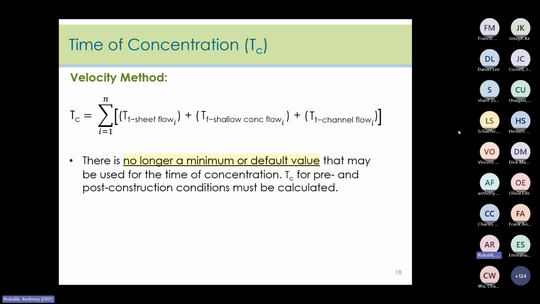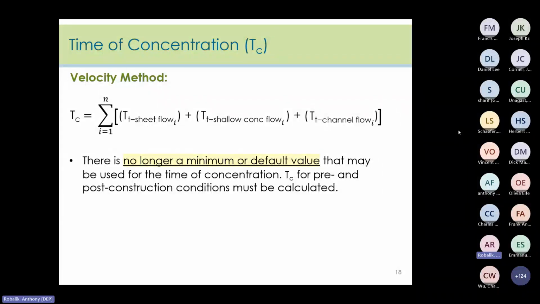So you can have more than one occurrence of sheet flow, for example, because maybe one of the defining parameters, such as slope, has changed. And this requires a calculation for each type and instance of flow over the segment or path in which it occurs, and then adding them up. Just a note going forward,